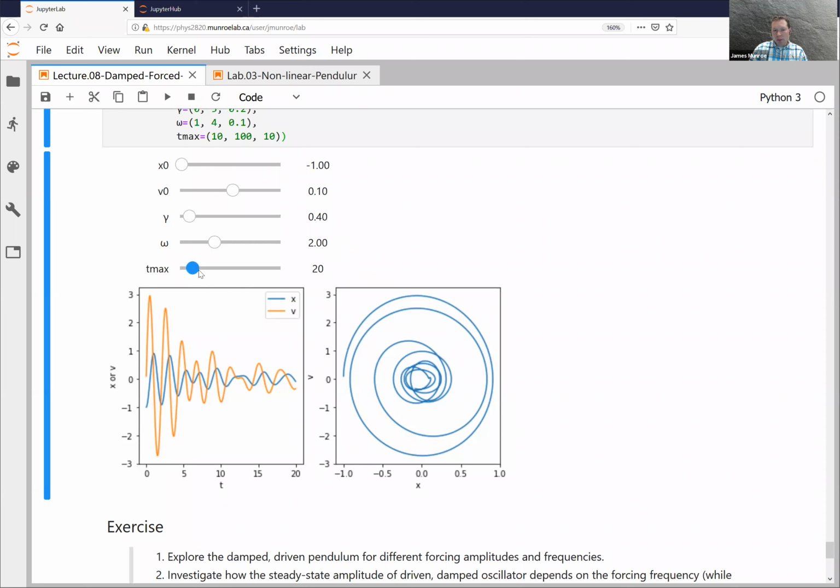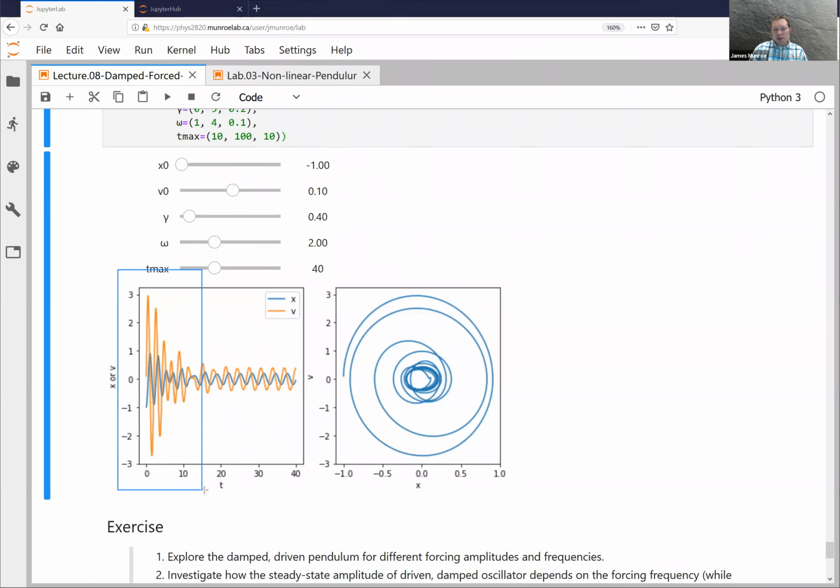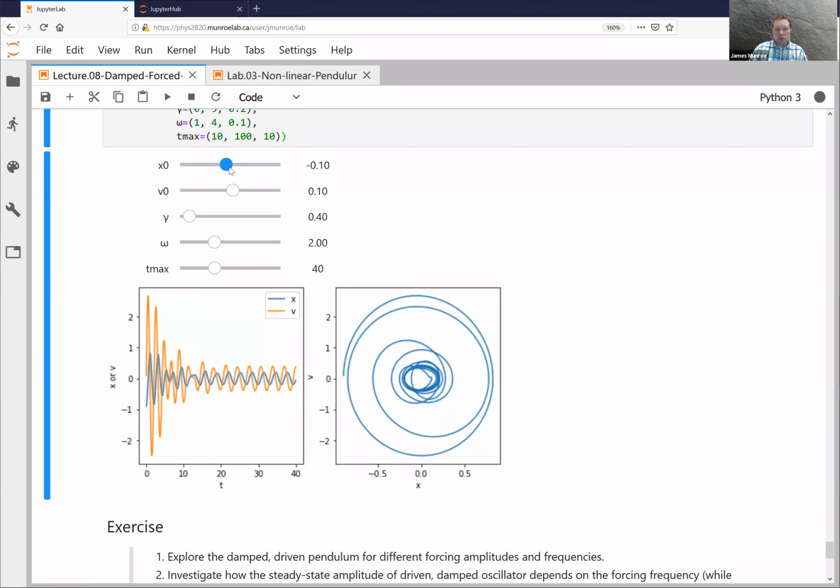To understand the long-term pattern, we may want to run the model for a lot longer. You can see that the motion is really divided up into two parts. This is what's called the initial transient, and this is the long-term behavior, otherwise known as the steady state. The reason you're getting these oscillations is the initial position and velocity are so much out of kilter with the steady state. If we were to choose a slightly different starting point,